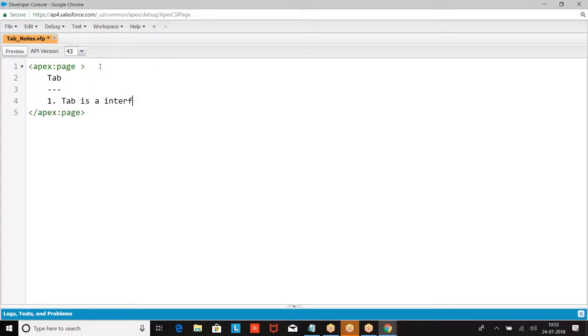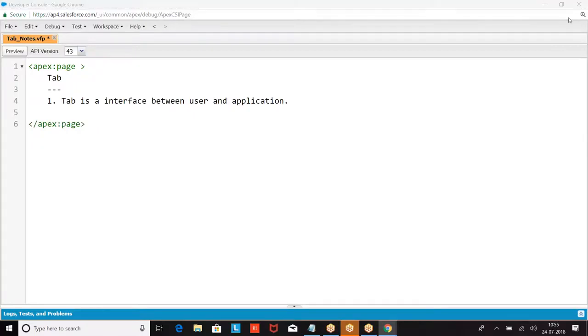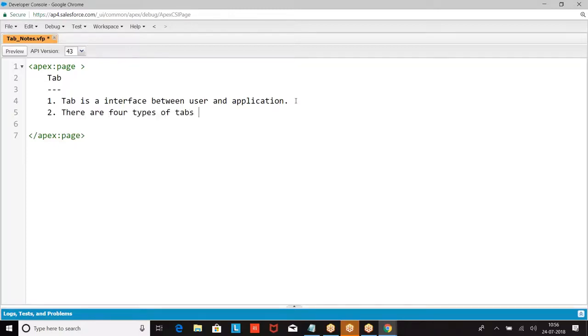A tab is an interface between user and application. Now there are 4 types of tabs. One is custom object tab,